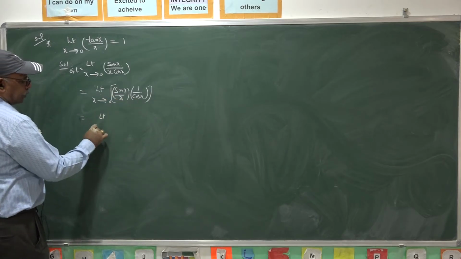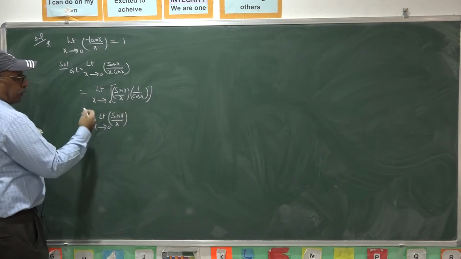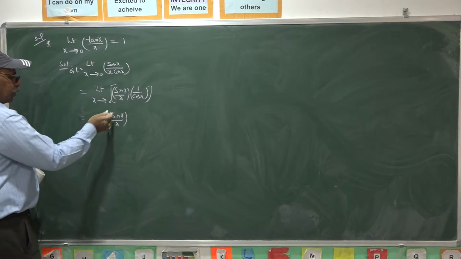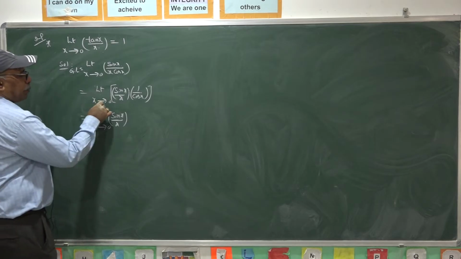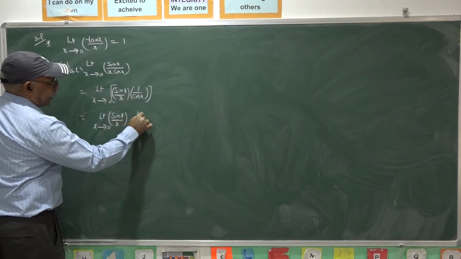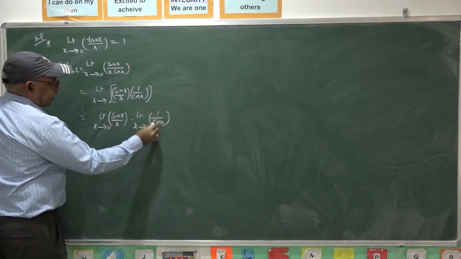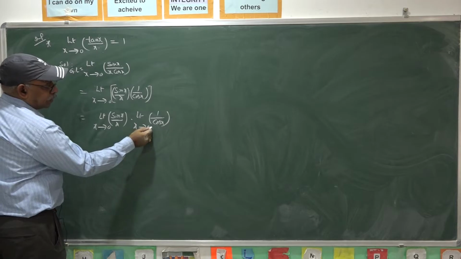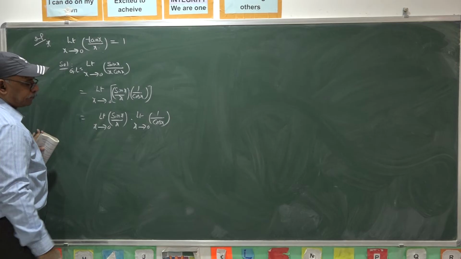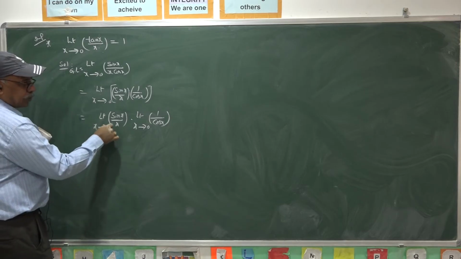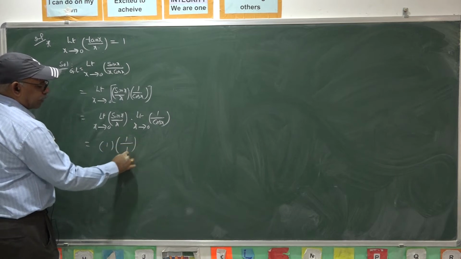So limit as x goes to 0, sin x by x exists, as by the previous formula. You are able to find this limit as 1. It takes a finite value, hence you can apply the limit to this one, into limit as x goes to 0, 1 by cos x. As x is nearing 0, cos x is nearing 1, because cos 0 is 1. Hence, limit as x goes to 0, sin x by x is 1, and this is 1 by 1 itself.